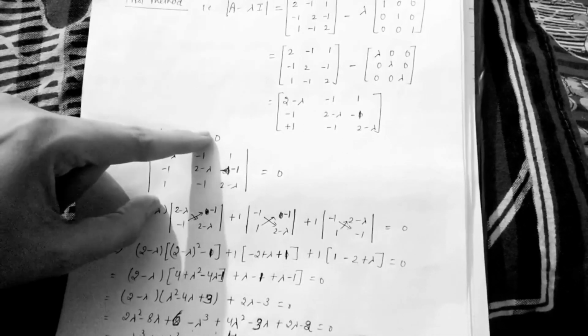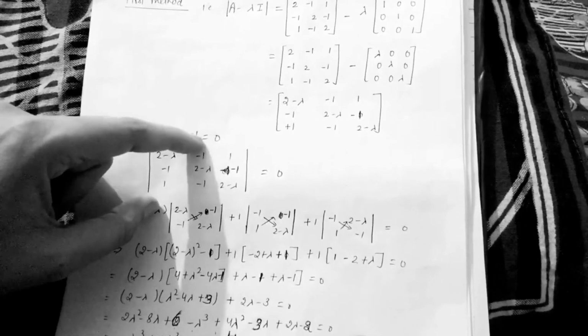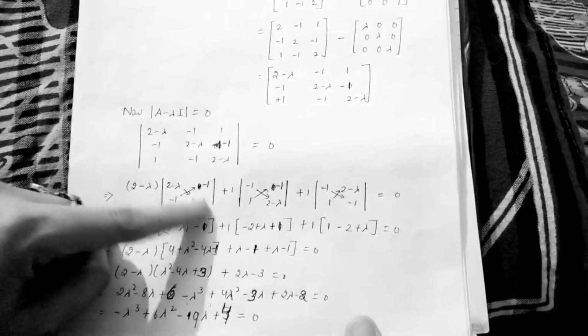Again negative, negative, positive. A minor of minus 1 is, how can we find the minor? We eliminate the column of that element and row of the element, and the remaining elements we take the minors. So we write here. Again minor of 1 is eliminating the column and row of this element, we find minus 1, 2 minus lambda, 1 and minus 1, right? We writing here. Again solving it, how to find the minor? This into this minus this into this. This is the basic formula to find the minor: this into this minus this into this. So we find each minor of this matrix.